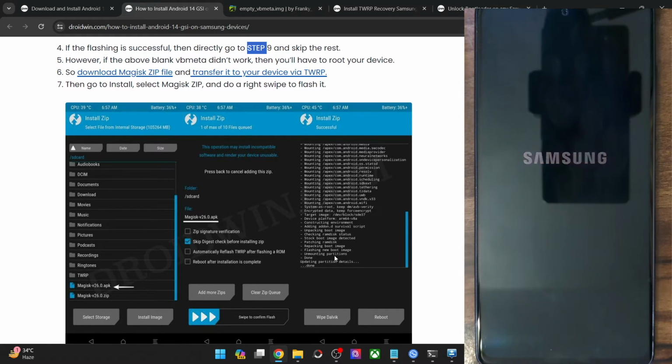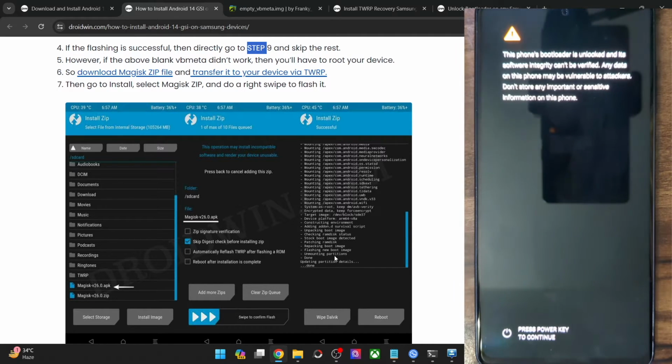So as I was saying, the second way to root your phone via Magisk is to download the firmware. The firmware is at the very least around 8 to 9 GB in size. So that will cost additional bandwidth and time as well. Then you have to extract that. Extracting will again take some time. And after extraction, you will get the AP file. You will then have to patch the AP file via Magisk.